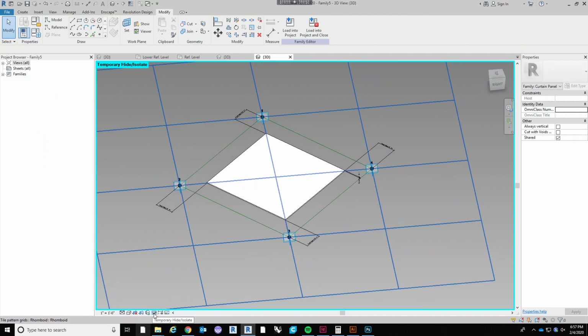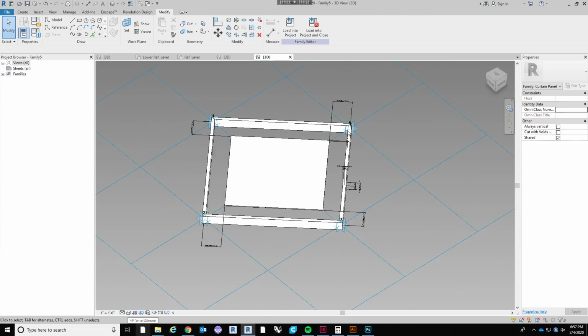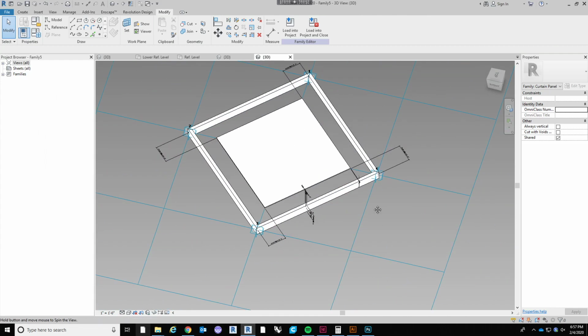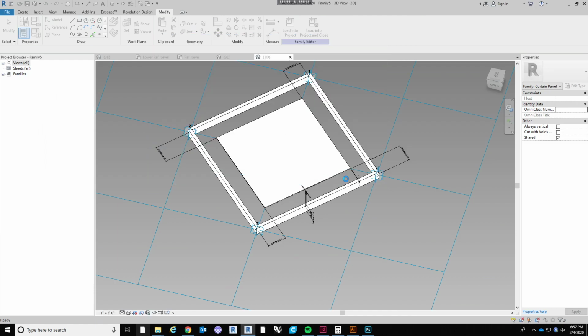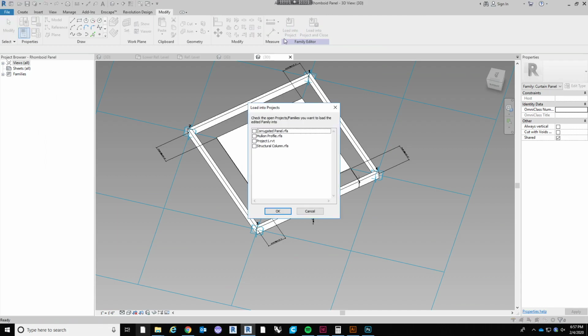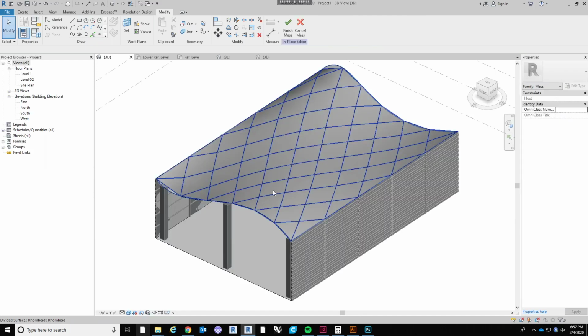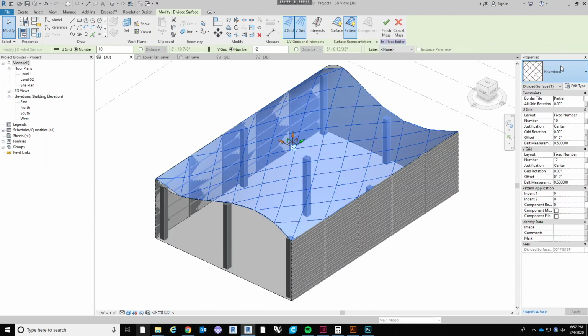Okay. Now if we unhide, I have a panel, a boundary frame, and we should be good to insert that back into the file. So let's go and save this to our folder, call it rhomboid panel, then load into the project. Project 1, press OK. Alright, and then select the divide surface pattern, go down to rhomboid pattern,